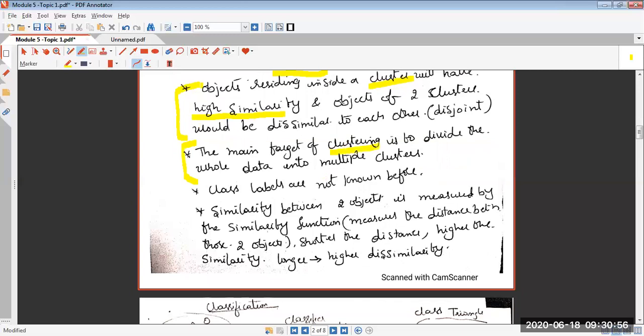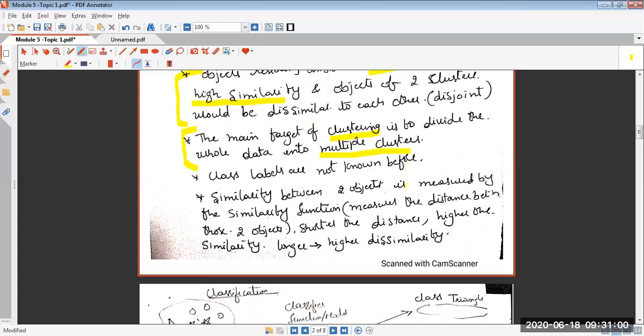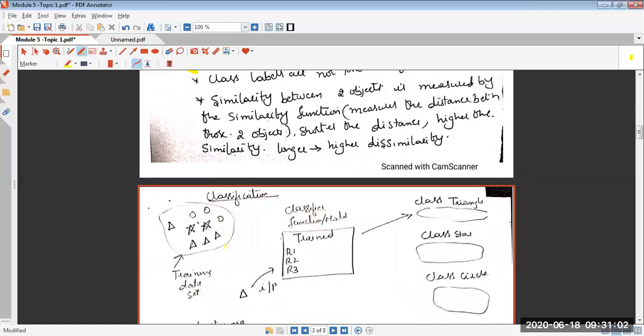Okay. It is to divide the data into clusters. That's it. So I have a very huge data set. You can see in this case, I have a very huge data set. I want to divide this, split it into groups. Okay, one group, the first group, second group, third group. This is my objective. And how we are doing the split?